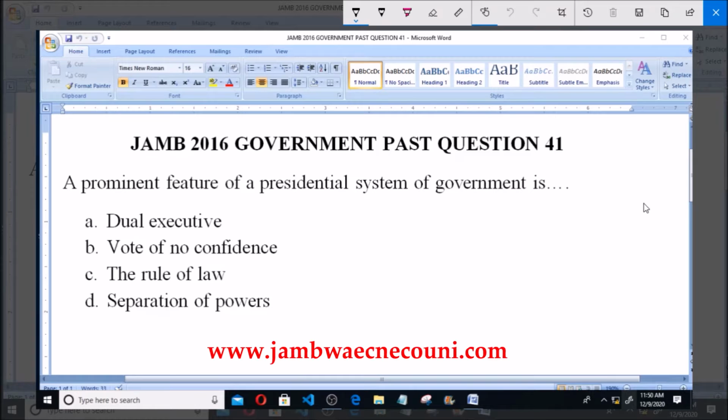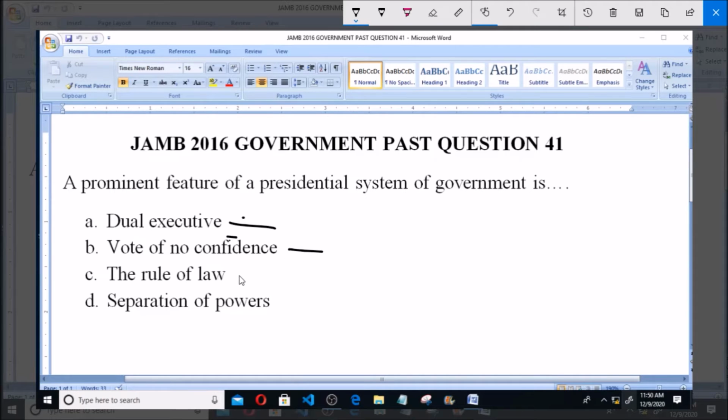2016 government past question. Question 41 says a prominent feature of a presidential system of government is dash. Option A says dual executive, B says vote of no confidence, C says rule of law, D says separation of powers. I want to talk of dual executive means